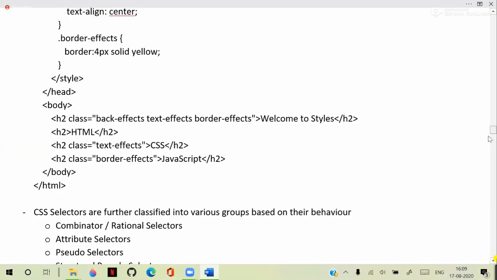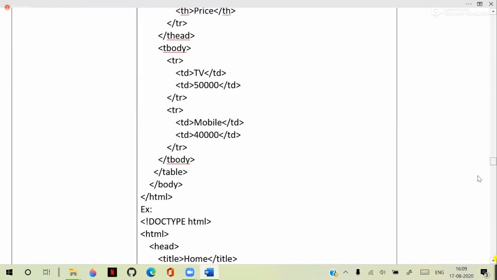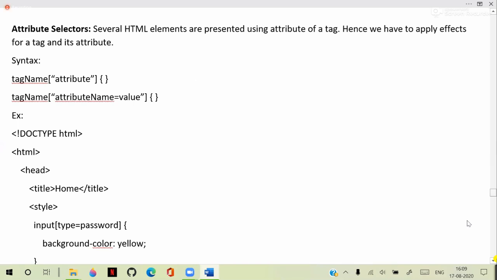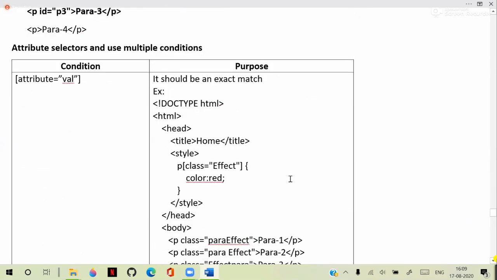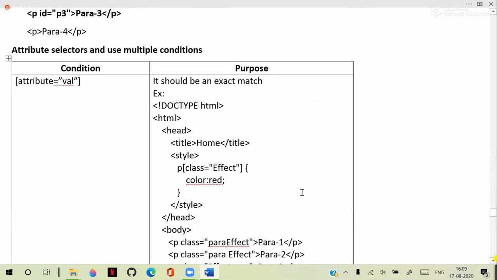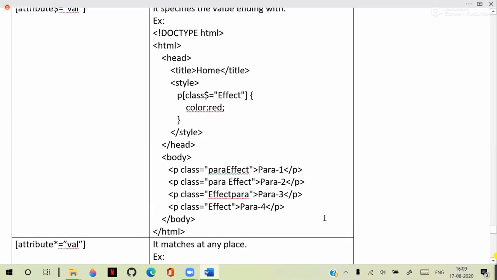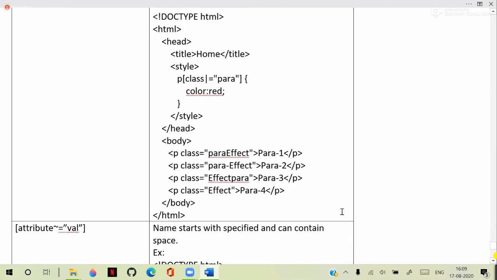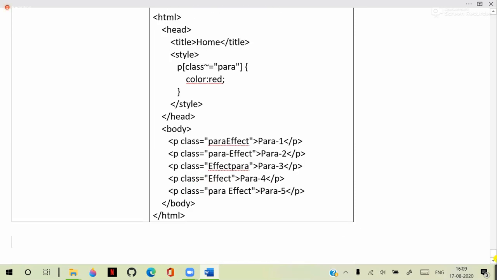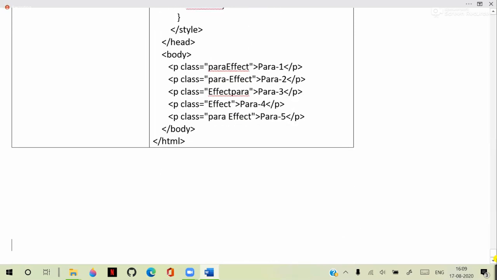A few important selectors. These are all the types of selectors. Attribute selectors, we discussed how to deal with them. Next, after understanding the attribute selectors, how to use attribute selectors,